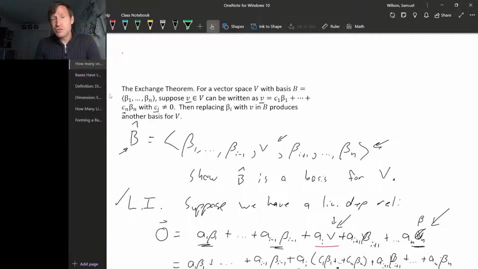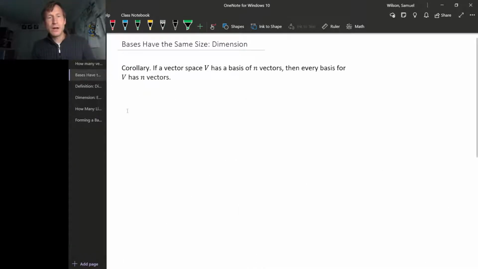And what we're going to do is use this exchange theorem again and again to compare the size of two bases. So, we're hoping that any two bases have the same number of vectors when we're talking about finite sized bases. So let's be optimistic and say that we will be able to prove this. Okay, so let's suppose